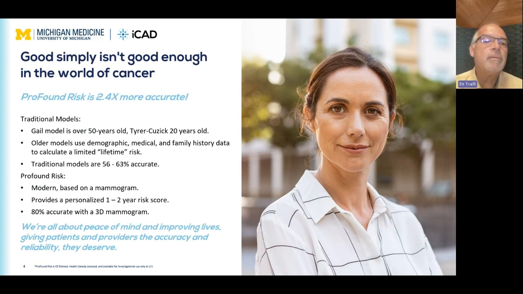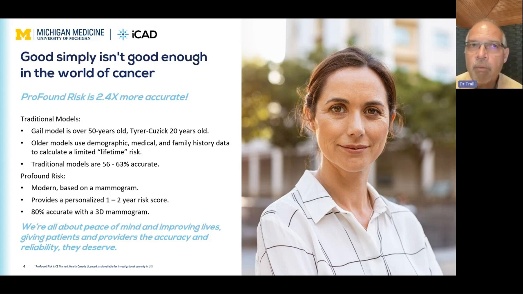Again, we're using models now that are decades old. They're based on family and medical histories. They're based on patient input. ACR has come out with recent recommendations for risk assessment for all women earlier in their lives, around age 30. And these old models, frankly, don't perform very well. Accuracy 56 to 63%. Now, in terms of an AUC curve, that's a little better than flipping a coin, but